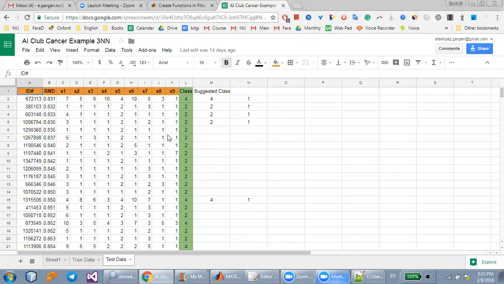So what we did last time was that we first randomly sorted or shuffled this list to make sure that there is no bias, there is no ordering of sampling that is going to change the behavior of the classifier. So first we created a random list in here and then sorted based on this random number. And so the list was sorted, and the 3NN classifier was simply finding the 3 closest samples to the sample